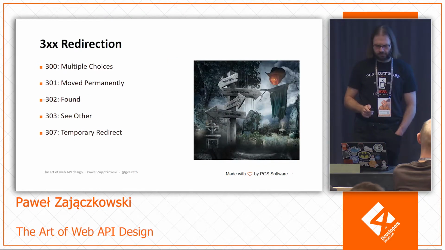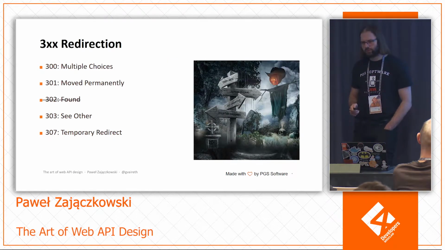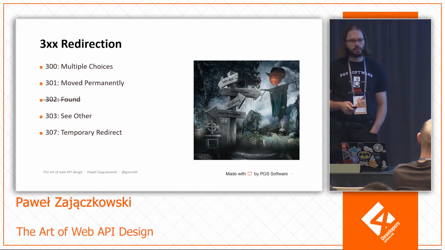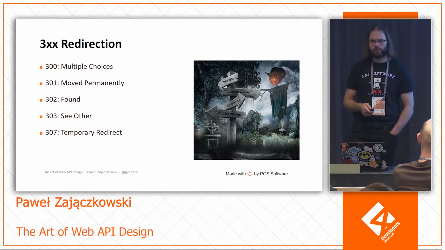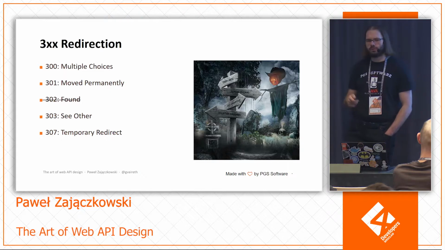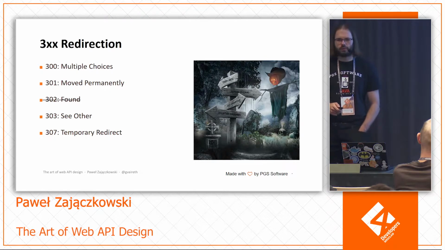300 is kind of tricky, the whole group, but especially the status 300, because there is no clear consensus on how to handle that. So it's not really very often used. On the other hand, 301 moved permanently. That means the URL is obsolete, and you should not call it again. Just use the new URL that is provided in the location header.